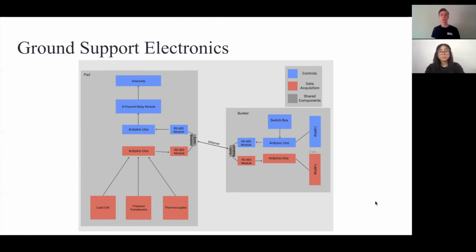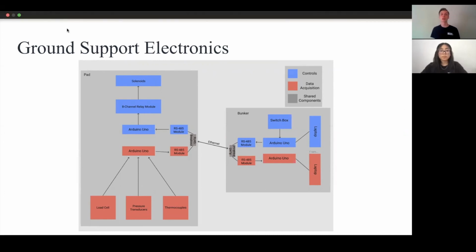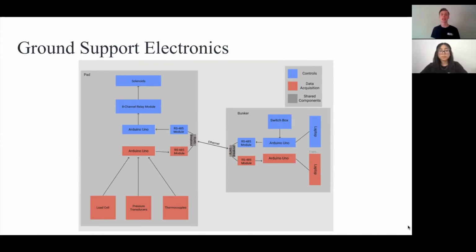With our data acquisition, or DAQ, system, we have the ability to take pressure, thrust, and temperature data from multiple locations during a static fire or launch. All communication for both controls and data acquisition is protected by checksums and makes use of serial communication over Ethernet cable with the RS-485 and Modbus protocols to account for the distance of transmission. We've developed a program in MATLAB to store and graph all sensor data live, so operators always know the state